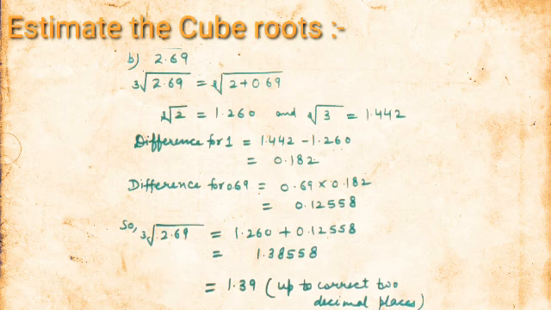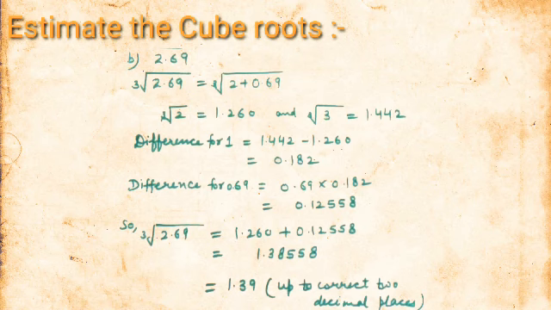2.69 है, कौन से नंबर्स के बीच में लाई कर रहा है? क्यूब रूट ऑफ 2 एंड क्यूब रूट ऑफ 3 में. तो आपने क्या करना है, टेबल में से क्यूब रूट ऑफ 2 एंड क्यूब रूट ऑफ 3 की वैल्यूज राइट डाउन करनी है. As I have written, the cube root of 2 value from the table is 1.260, and the cube root of 3 value is 1.442. Then we have to find the difference of both. Cube root of 3 minus cube root of 2, it will be 1.442 minus 1.260. So the answer is 0.182. Subtract करके आपका आंसर आएगा 0.182.